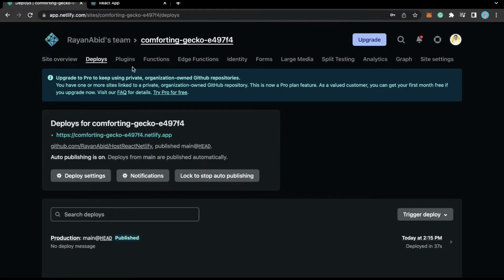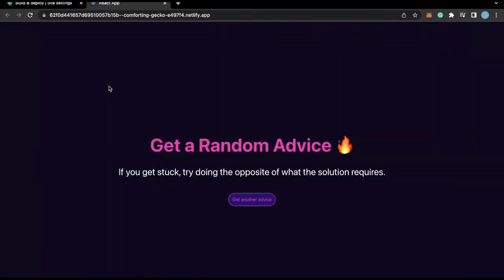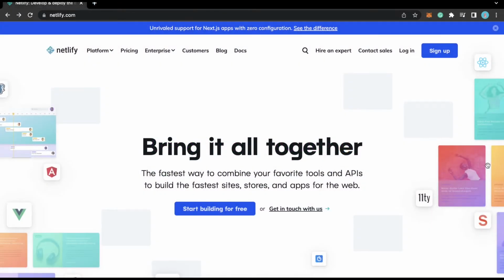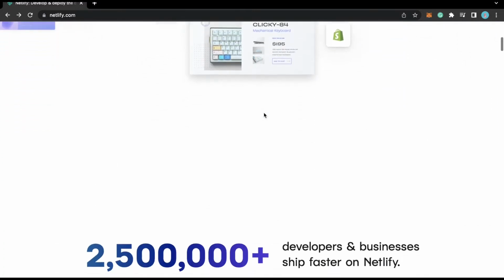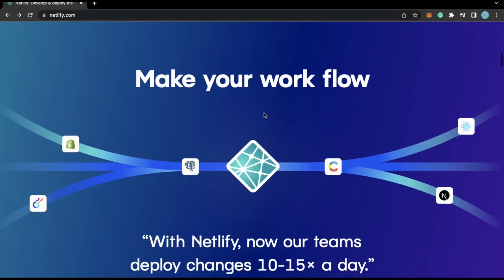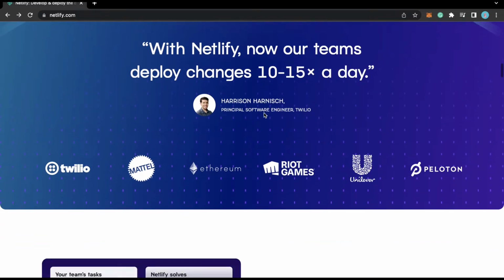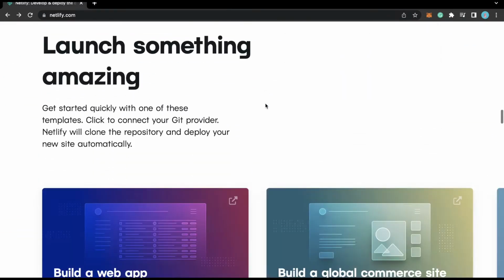Today we are going to be deploying our first React.js project using Netlify, which is an awesome hosting service that provides great features to host and deploy your React projects or any project for that matter. It can be Svelte, Vue, whatever it may be. You guys can deploy it just using GitHub and Netlify. So if you are interested in this topic and want to learn how to deploy this website, keep on watching this video.